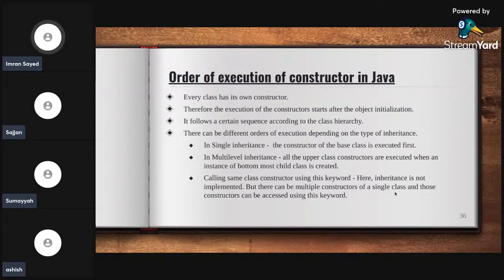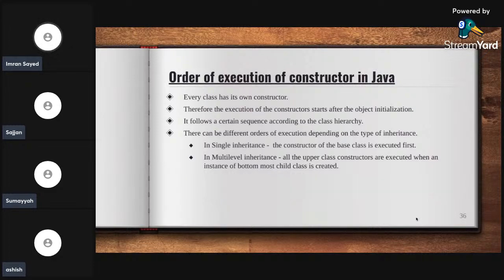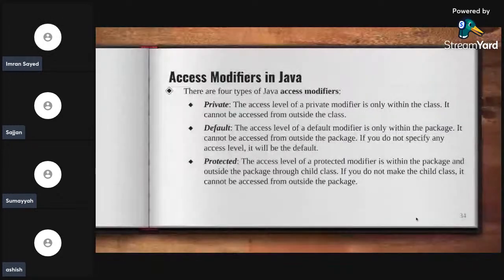तो अगर किसी एक क्लास में मल्टीपल कंस्ट्रक्टर हैं तो दिस कीवर्ड का यूज करके उन कंस्ट्रक्टर्स को एक्सेस कर सकते हैं। कॉलिंग सुपर क्लास कंस्ट्रक्टर यूजिंग सुपर कीवर्ड, चाइल्ड कंस्ट्रक्टर और मेथड कैन एक्सेस बेस क्लास कंस्ट्रक्टर और मेथड यूजिंग सुपर कीवर्ड। तो ये तो हमने ऑलरेडी अभी यहाँ पढ़ा था, आ गया सुपर।